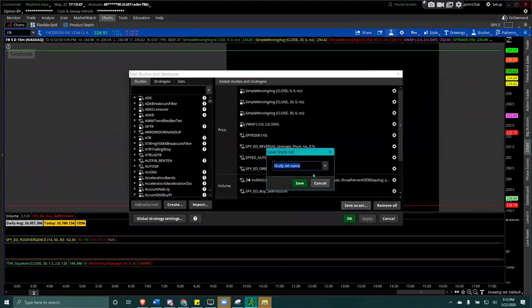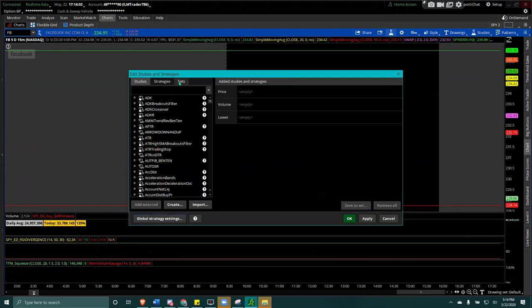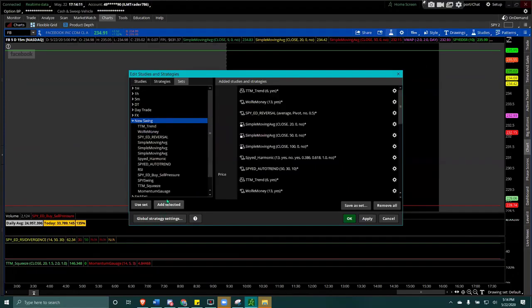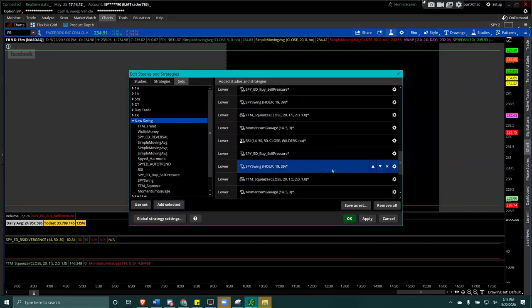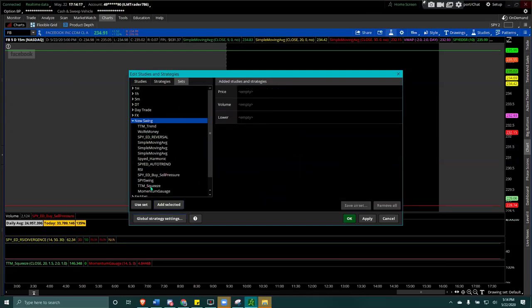Once you have it done, everything included, you could always save it as, let's say this is your day trade, I'll call it DT. I'll just save it as day trade. And then if I want to do swing, I'll say swing. I have different ones. So every time I come here, I remove everything. One shot, I come to the setup and I do my new swing. I just do add selected, right? Pretty neat because I don't really have to do this all over again. It just shows up, right? Automatically, everything is here.